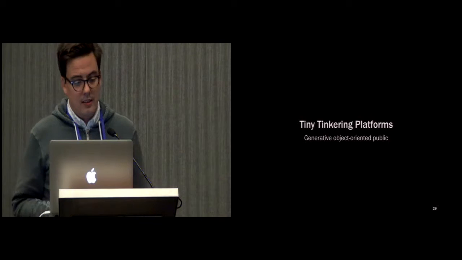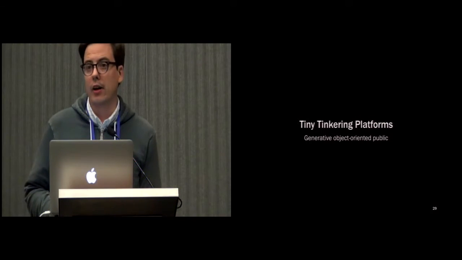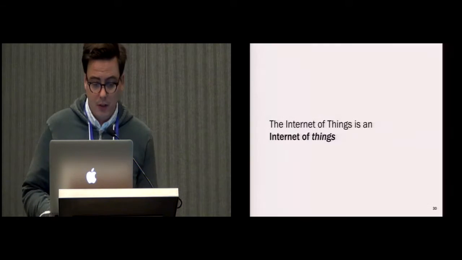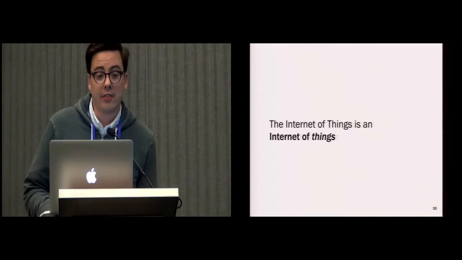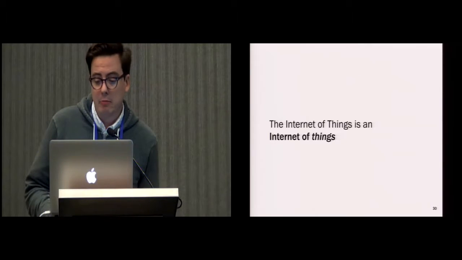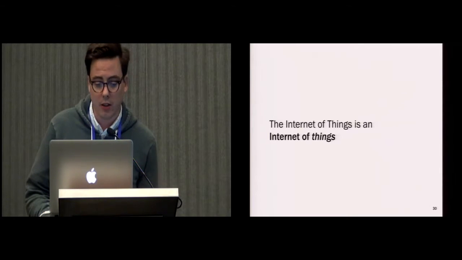And the second example is one called the Tiny Tinkering Platform, where the idea of an object-oriented public can be used to generate new design opportunities. And so the Tiny Tinkering Platform is built to critically interrogate the Internet of Things. The IoT is comprised of many parts: people, technology companies, privacy concerns, corporatism, upgradability, marketing, cost, infrastructure, and computation all